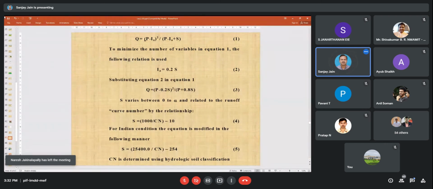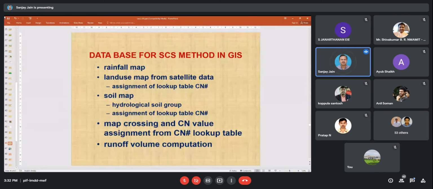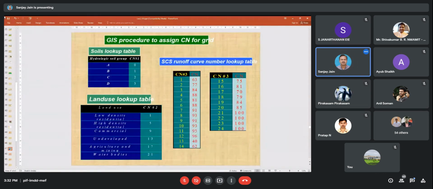So if I have the curve number, then I can know the S. If I know the S, then I can put it in that equation, and I know the precipitation or rainfall, then I can compute the Q. So my main job is to compute the CN or curve number. So how can I do that? Better I will show you in the next slide.